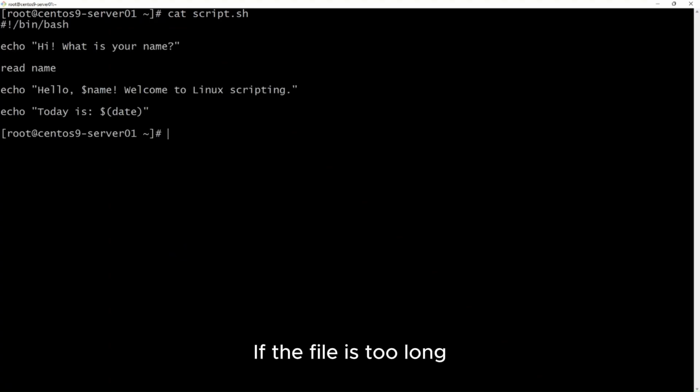If the file is too long and you want to view it page by page, you can use less followed by the file name.